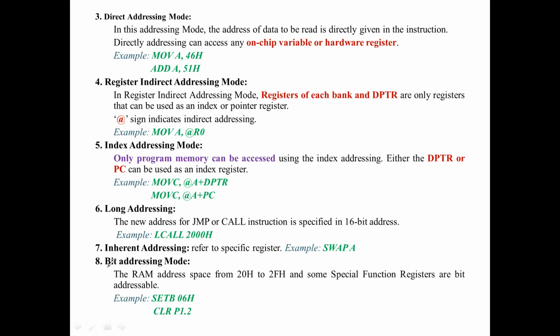So next we have bit addressing modes. That is, any particular bit you have to set or clear. So for example, CLR P1.2, this single bit will be cleared, means this single bit will be set to 0. For example, for any corresponding address bit, if any address, that is address 06, in that particular address I have a bit. That bit I can set or clear.